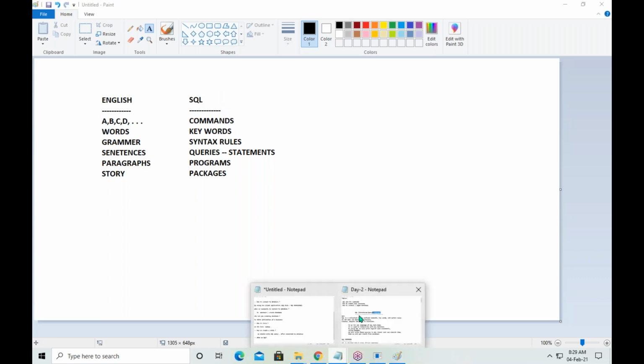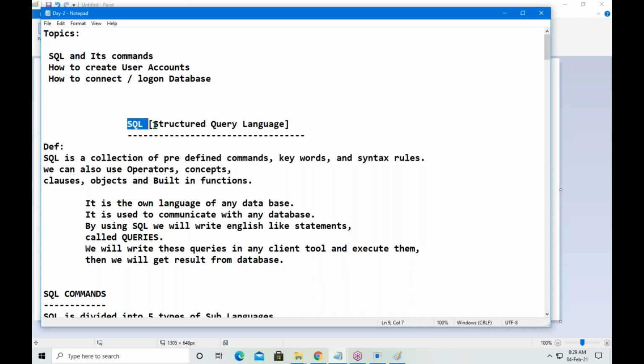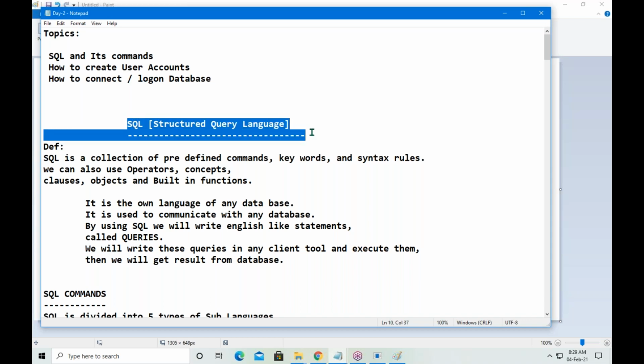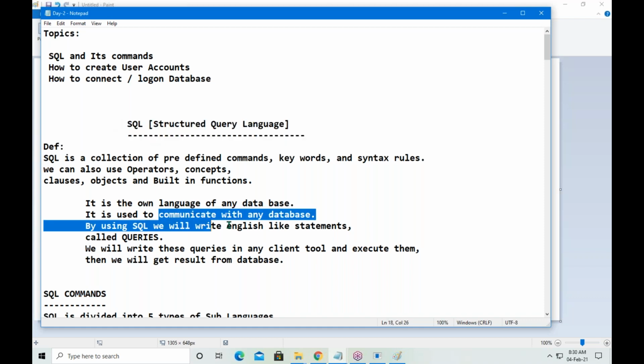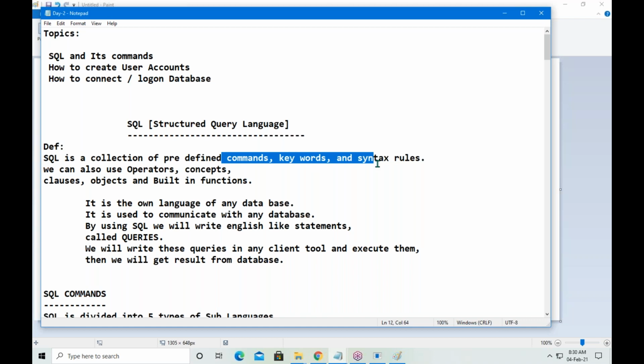Now come to here. What is SQL? It is Structured Query Language. What is the purpose of SQL? By using this, we are communicating with the database. In SQL, we are learning commands, keywords, and syntax rules. By using these, we are writing statements.